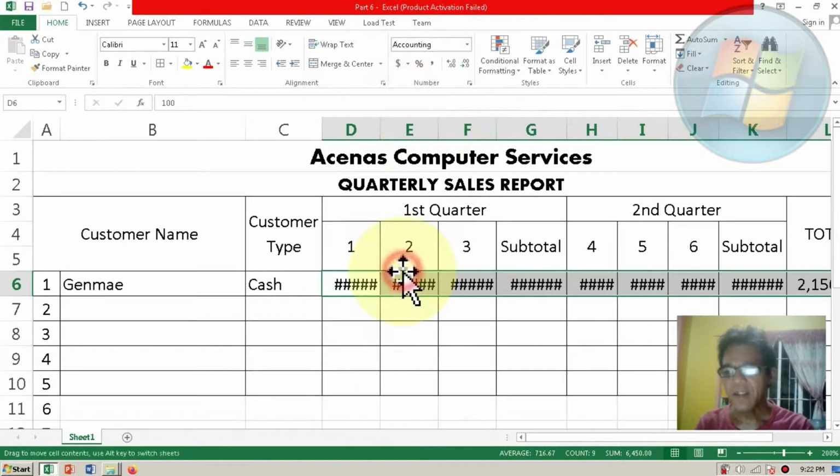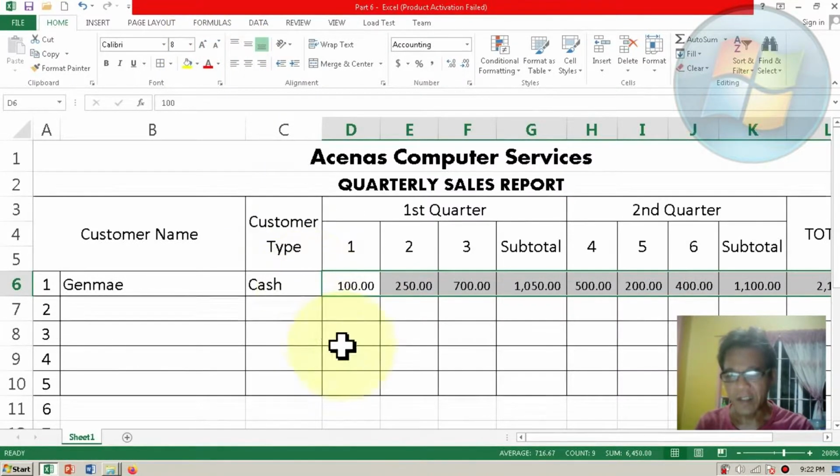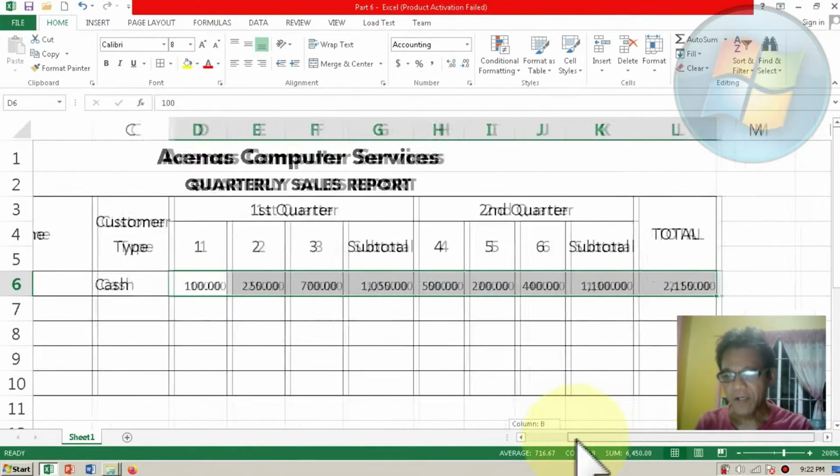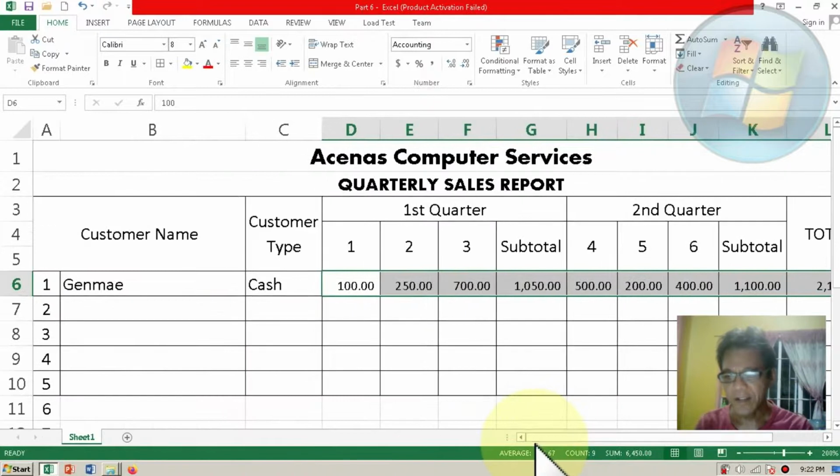Now the number signs indicate that the width of the data is larger than the width of the column, so we are going to reduce the font of the data. Okay, so far that's our output,